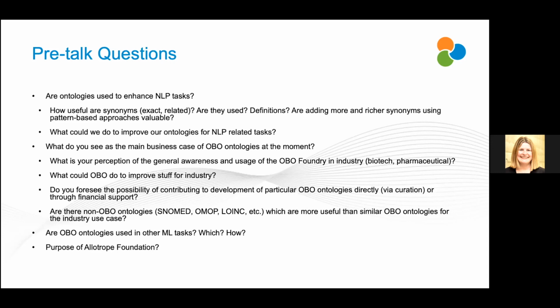I think within a pharma company, there isn't a mechanism to fund something like a core infrastructure project like the OBO Foundry. You can't apply for funding within a pharma company to do that. There's not a business case to do that. So I think Pistoia might be the way to go.